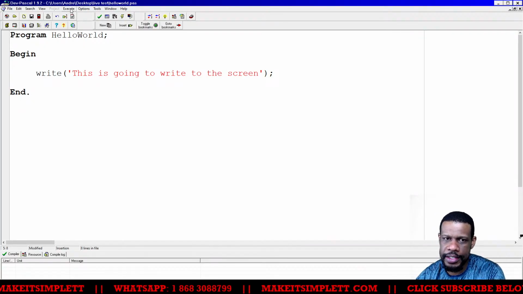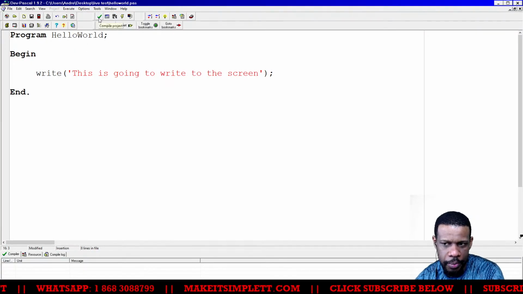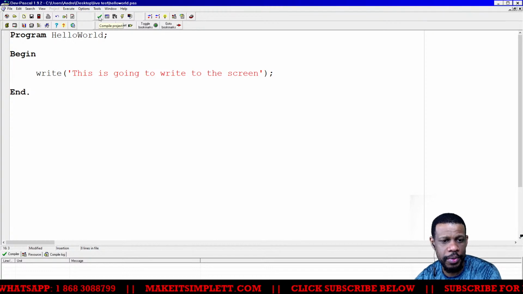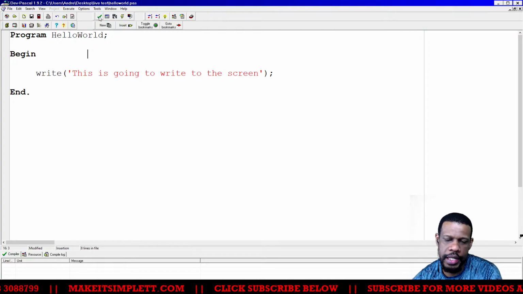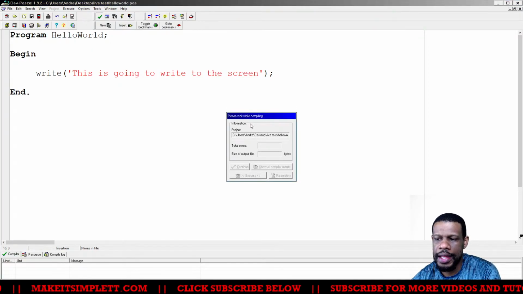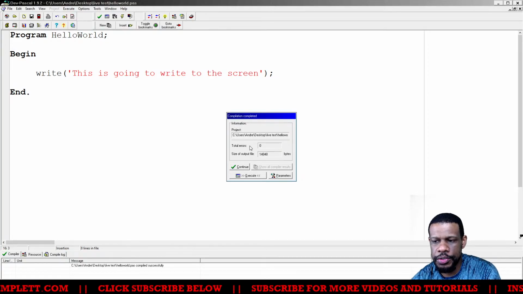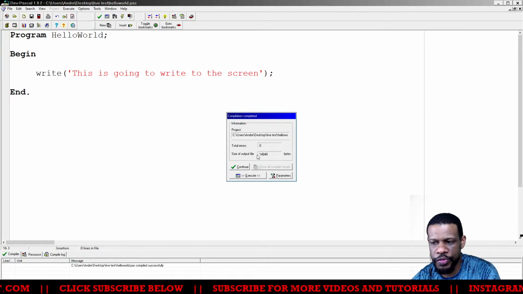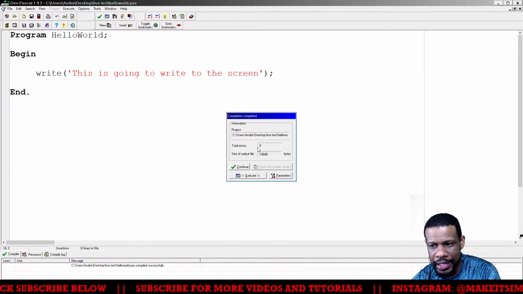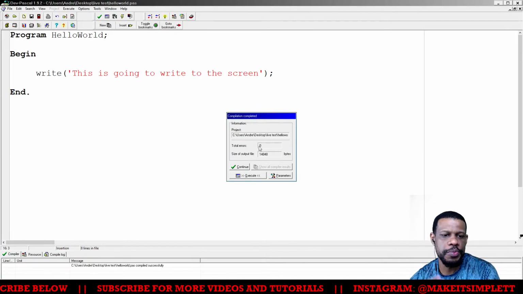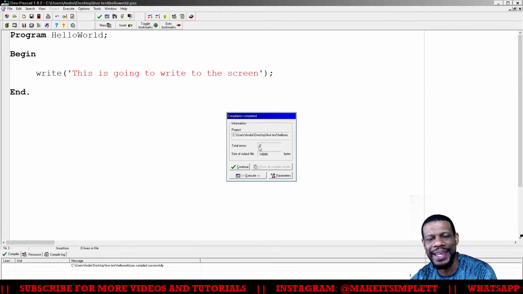So I could click on execute on top here, and then click compile, which is a green arrow, or I could just click the green arrow that's here for compile. If you're using some other IDE, then you could do that too. So you click on that, and this box will come up in the middle where it will say compiling. When it's compiling, it will tell you two things, the total errors and the size of the output file. You don't really need to know the size of the output file. All you care about is that it compiled and you have 0 errors. 0 errors means that you have successfully given instructions to the computer and it makes sense.